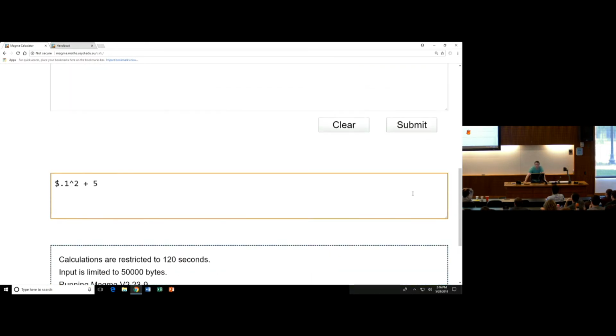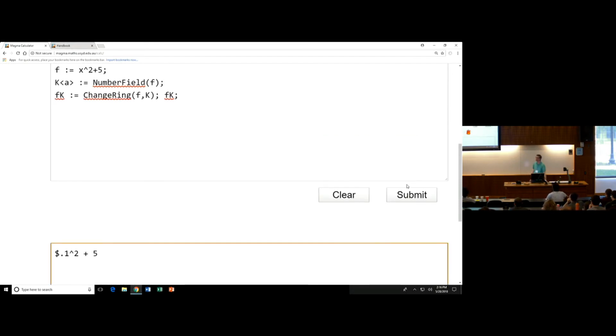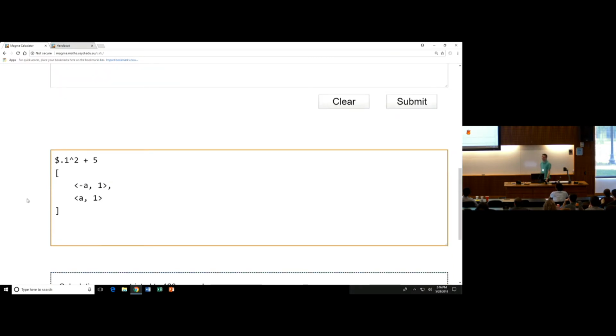And there we go. Notice it's back to $.1 because I didn't define what the variable should be in this new polynomial ring. It's not the polynomial ring over the rationals anymore, but who cares? $.1 is as nice a variable as any other one. That's not completely true. But now we can compute the roots of F capital K, and it should return that the roots are minus A and A, right? Plus or minus the square root of